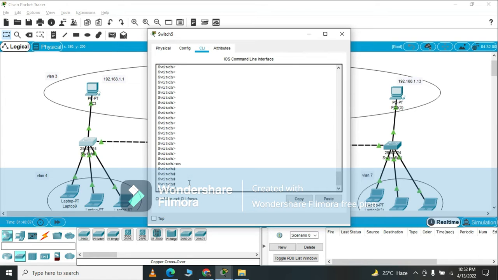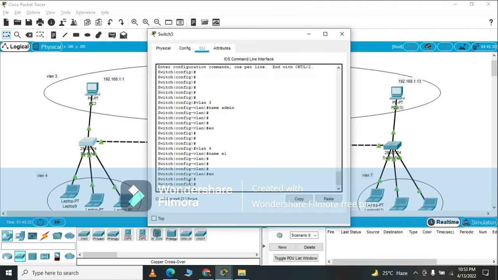First we go to enable, then configure terminal, and create a VLAN for admin and also for employees here. VLAN 4, name employees 1. Then interface fa0/1,